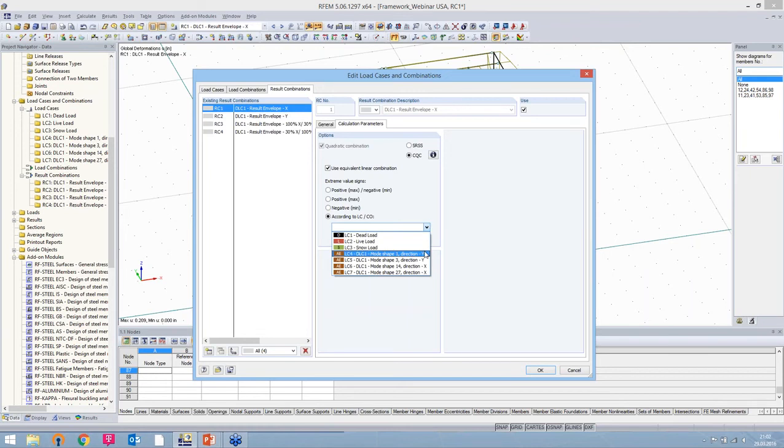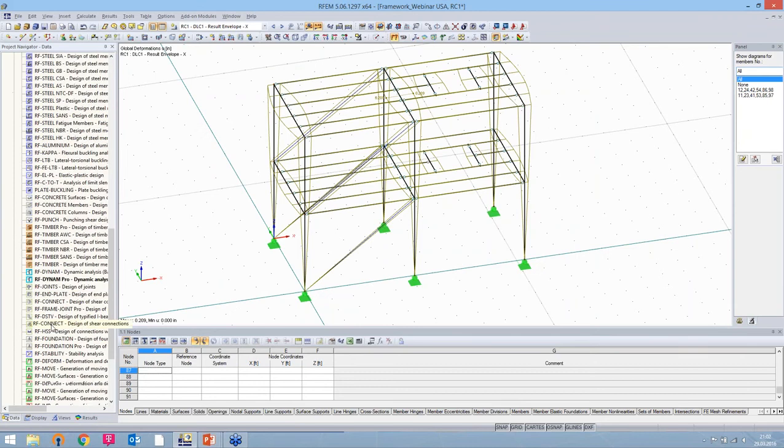and can choose directly here a mode shape. From this mode shape, the signs will be used and taken for the result at the end. So normally you have here to choose a dominant mode or eigenmode, and therefore we go back at first in the DYNAM Pro module, and here in the DYNAM